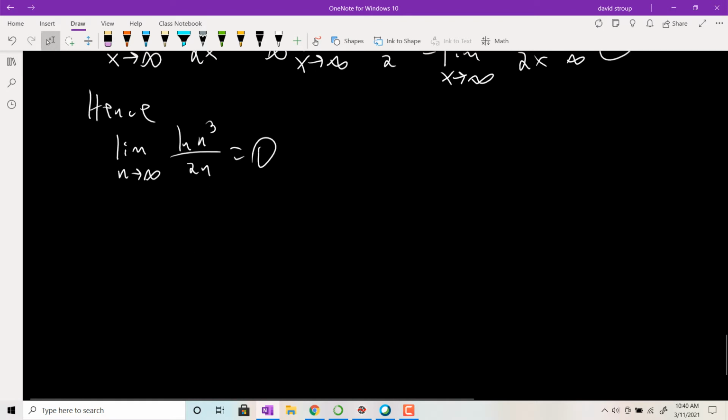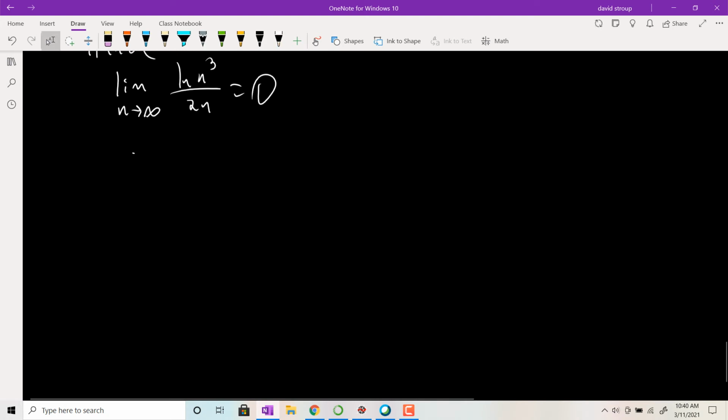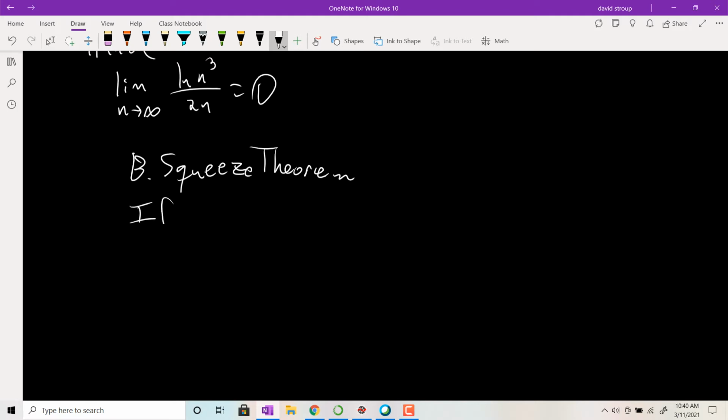What else? So the squeeze rule was a Calc 1 method. It'll end up working here as well. So Squeeze Theorem. Basically, if you have the limit of 2 sequences as n goes to infinity going to the same place, so let's say the limit as n goes to infinity of a sub n is L, and then that equals the limit as n goes to infinity of some other sequence, call it b sub n. If this is true